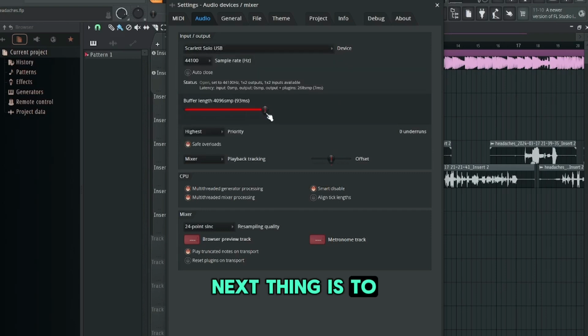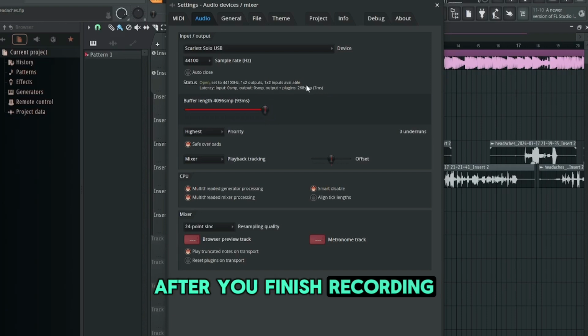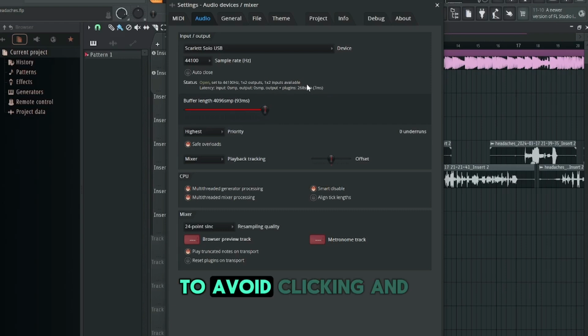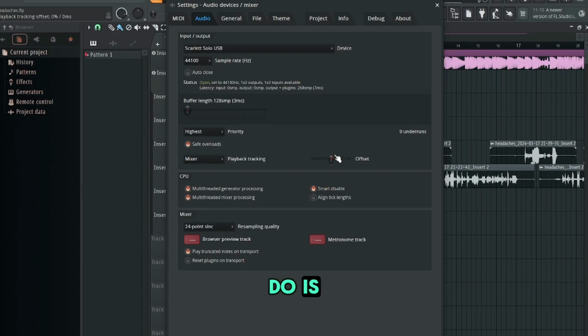Next thing is to adjust your buffer length to a low setting to avoid latency when recording. After you finish recording and begin mixing, come back and adjust this to a higher length to avoid clicking and popping when mixing. So let's do about 128 is fine. Now another thing to do is be sure your audio interface supports 44,100 Hertz as the sample